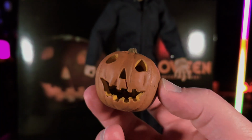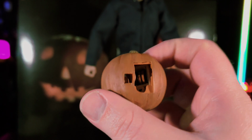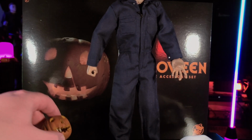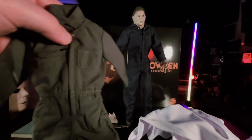So I did get this from Big Bad Toy Store, but I'm going to contact Trick or Treat Studio, because that's not good. Learn how to check your crap, man. But yeah, let's...